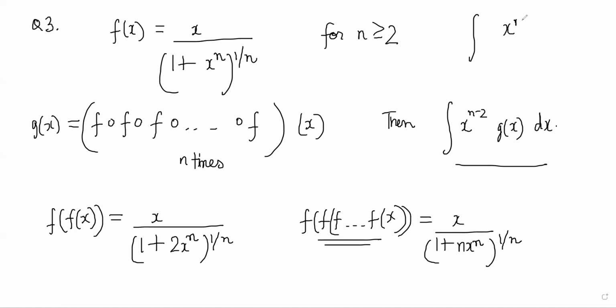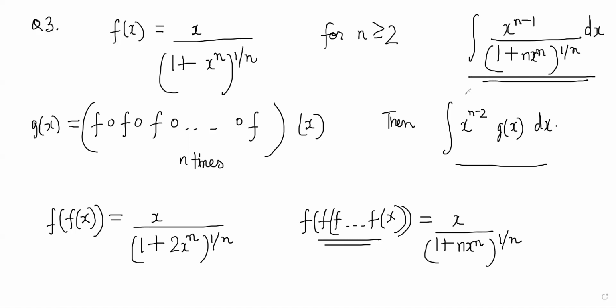Then you can take 1 plus nx to the power n as t, then it becomes in the form of 1 by n square x to the power n minus 1 dx is dt. Then